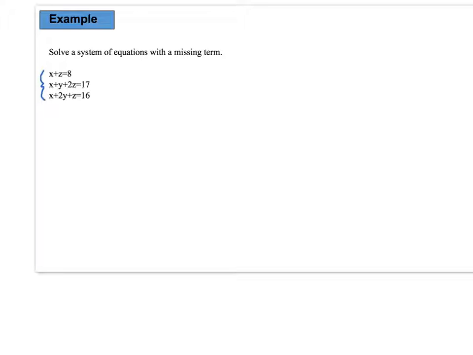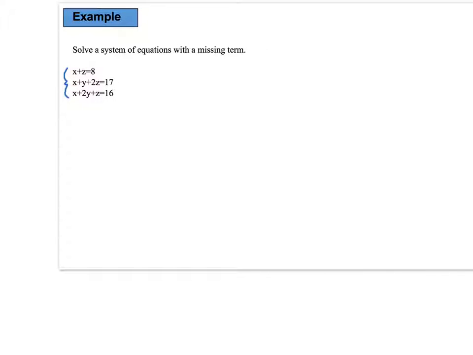And my last example is again solving a system of equations in 3 variables, except this time one of my equations is missing a variable. My equation 1 is missing that y variable. So in this case, I'm going to move this over a little bit. I'm still going to